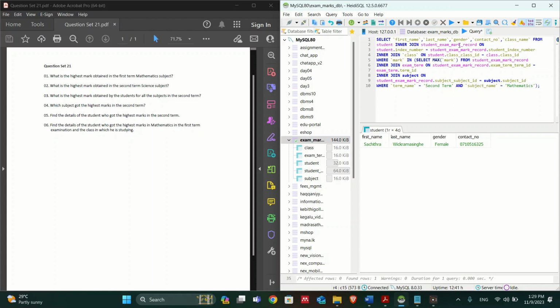and then we are going to inner join the student exam marks record with the student index number. Next we are going to write a subquery to select the maximum marks from the student exam marks record, where the subject is mathematics and the term name is second term. So let's run this query, and then we can see that Amanda Moses has received the highest marks in mathematics